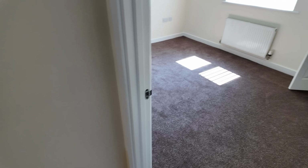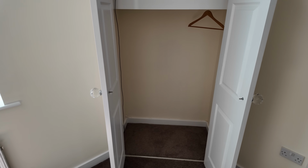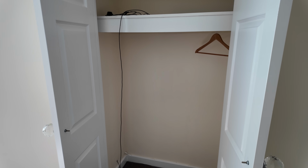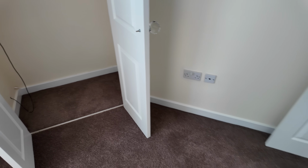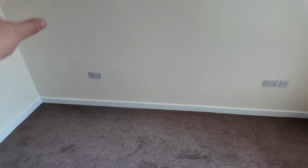And then in here we have our bedroom, which has this big walk-in wardrobe thing with a mysterious cable that's coming in from outside to up here, which I think is for a security camera that was outside, but there's no way to actually use said security camera. So I guess we'll just bundle that cable up and hide it at the back of the wardrobe and pretend it's not there. But we're planning to have drawers there with a TV on top, and then more drawers there. In fact, Anna's dressing table will be there, bed here in the middle of the room,